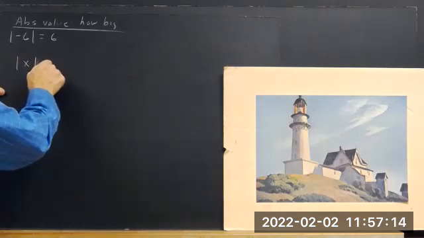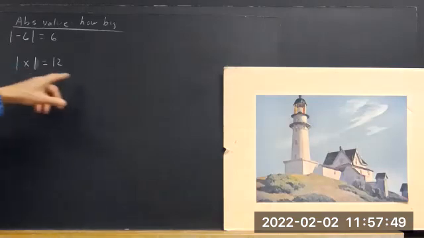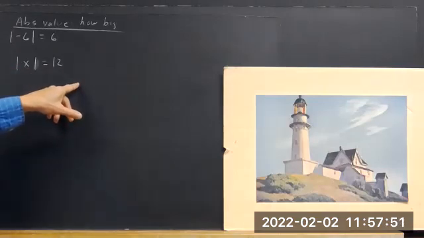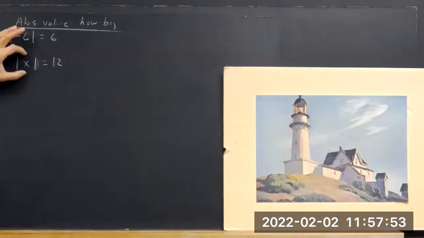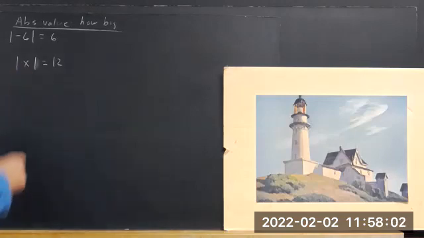Well, what if the absolute value of x is 12? Now, we'll discuss this a little bit. Okay, this is an equation. Absolute value of x equals 12. You know that there are two values of x that make that true. -12 would make that true, and x equals 12 would make that true, right? So